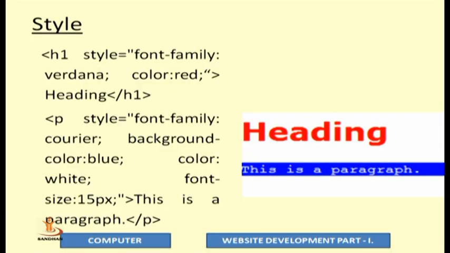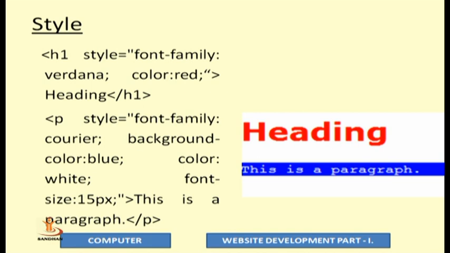Now, style is actually not a tag, it's an attribute. You can use the style attribute in so many tags. You can use it with heading, with paragraph and with some other tags. So in our example, we have written this H1, that is heading. So you can see this is the H1 tag covered with /H1, and the content between H1 is the heading. So here a heading is showing, but it is showing with a different color. How? Because we have applied the style attribute.